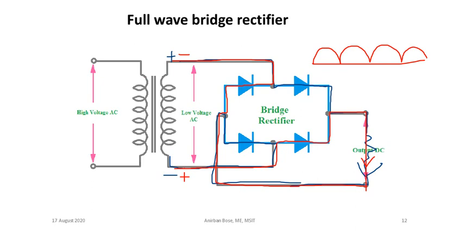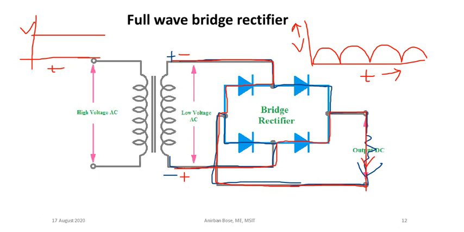Okay, but there is a problem. The problem is we are getting full wave rectification, we are getting DC voltage, that is okay, but the problem is there are a lot of ripples there, right? Because we want this kind of a DC voltage, that is, voltage is constant, the same throughout the time. So then that will be better. Definitely this kind of ripples are not intended. So what can we do to avoid all these ripples? How can we reduce these ripples?